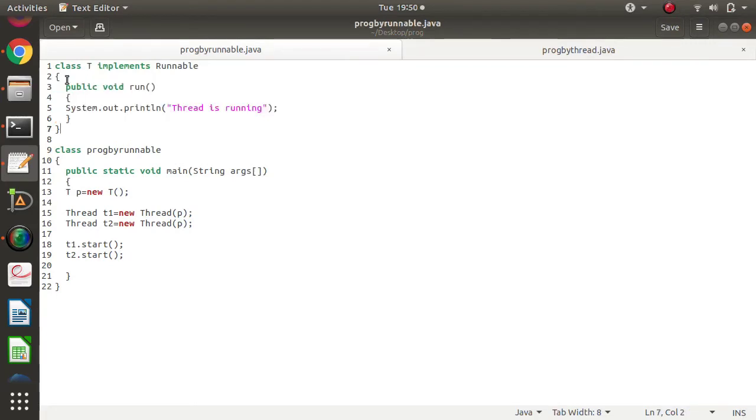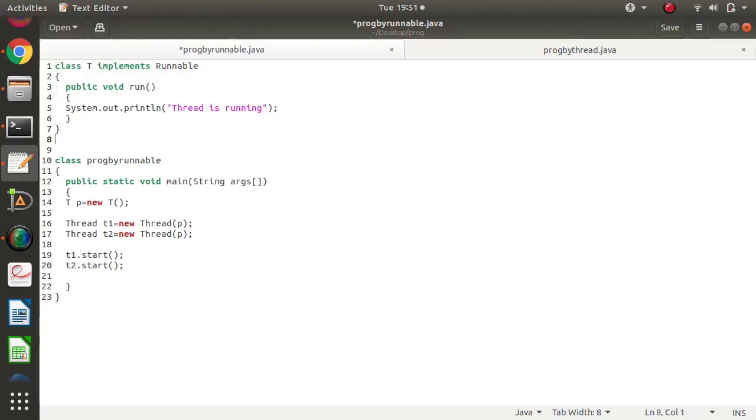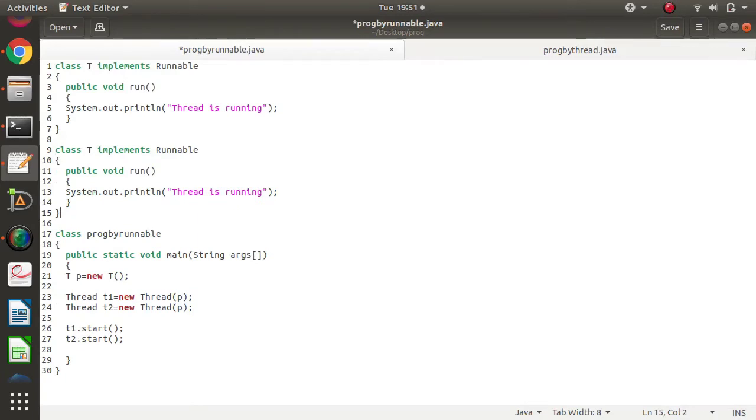For that, we need to create one more class and there we have to implement a runnable interface. So I just copy this code. I have pasted it. I give some other name to this class. Suppose I am giving name T1. Here also I am implementing a runnable interface.